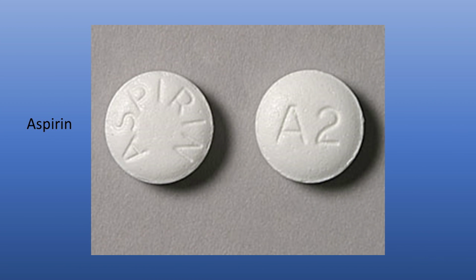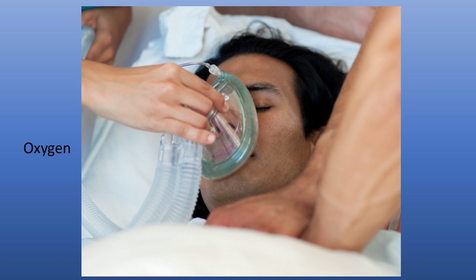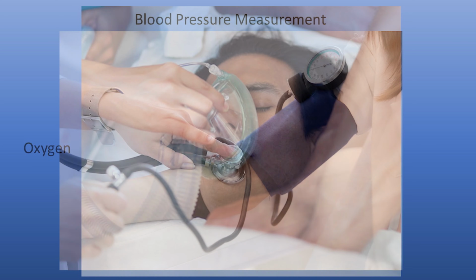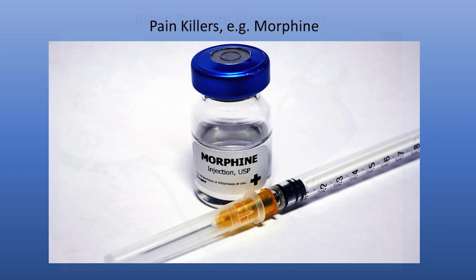Giving the patient aspirin and other medications to limit the clotting ability of the blood, oxygen supplementation if the oxygen saturation is less than 90%, assessment of how the heart attack is affecting the blood pressure, relief of the chest pain by painkillers, including the use of morphine,